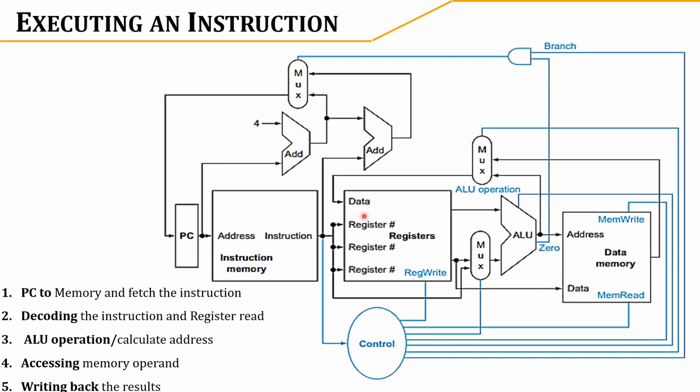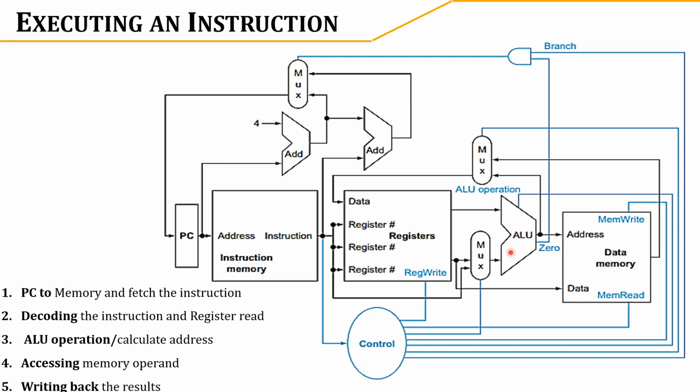It performs the memory read or register read, depending upon the type of addressing mode used in the instruction. If it is a memory read, we need to take the content from the data memory. With the help of a multiplexer, we are taking the content of the data memory to the registers. So that is the second step. We are reading the operands. Then in the third step, we are doing the ALU operation, or we are calculating the memory address.